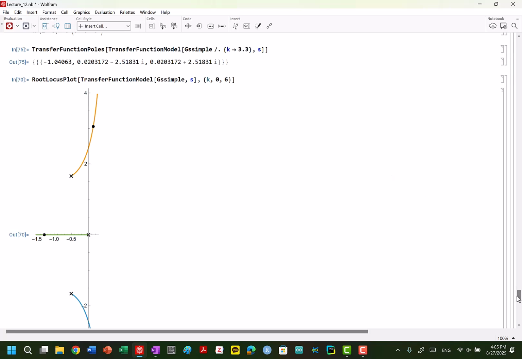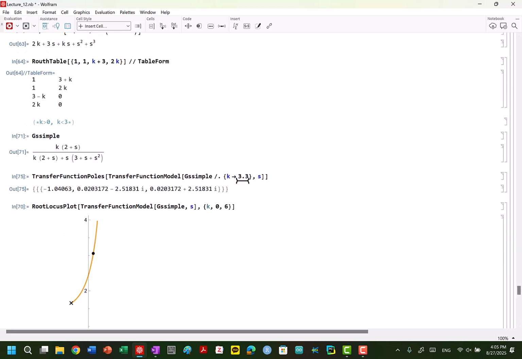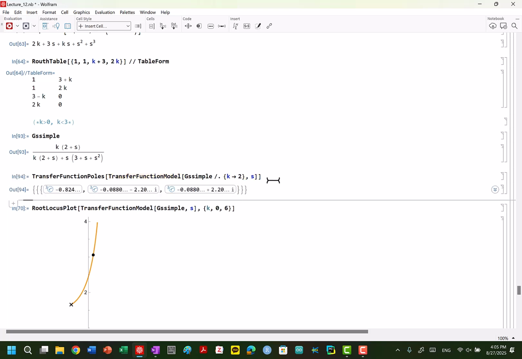And I also want to show you something before. Remember, it's kind of hard to see on the plot, it's kind of exaggerated. It's also hard to understand where we are on the axis. So that's 3, but we're getting pretty close to that boundary. What we can actually see is, let's just make sure we're still in GS Simple. Yeah. If I put a value of 2 here, let's look at this